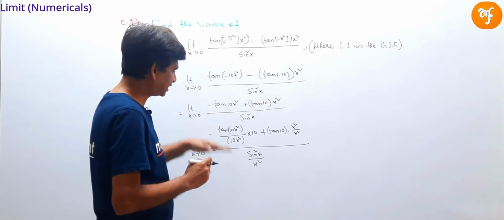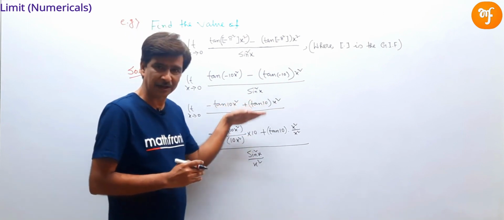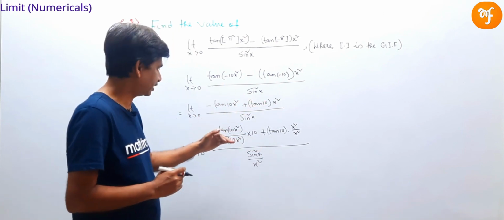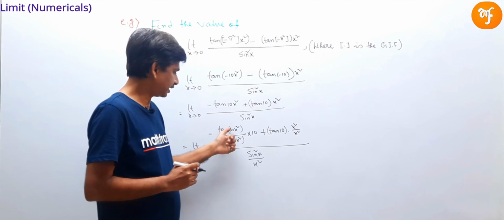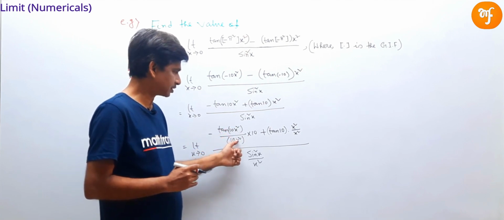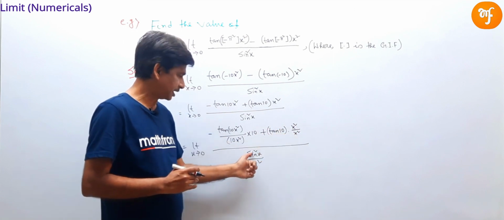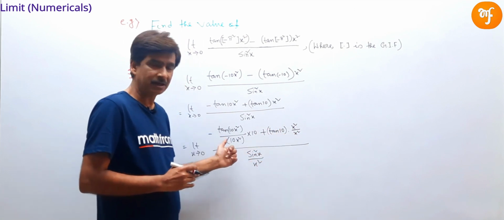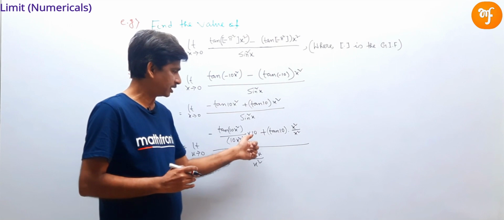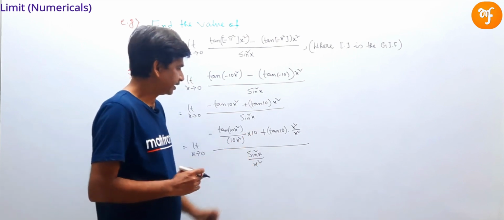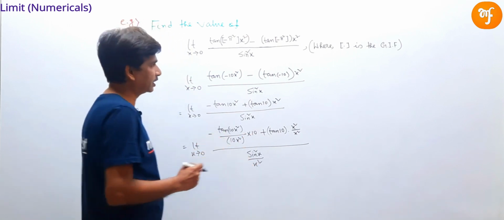Okay. So basically we divide both numerator and denominator by x square. So this is tan 10x square by x square, this is tan 10 into x square by x square, and this is sine square x by x square. And here we write 10x square, that is why we adjust by 10. Okay. So in the next step we can write